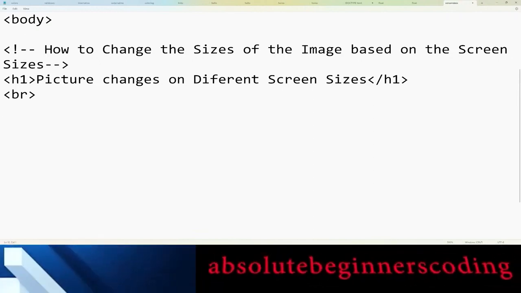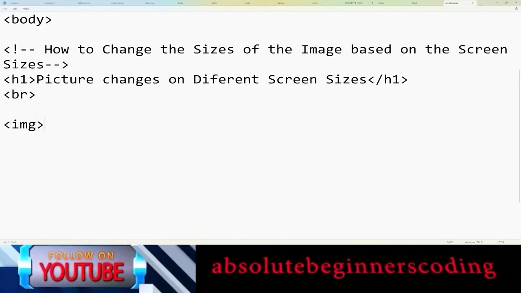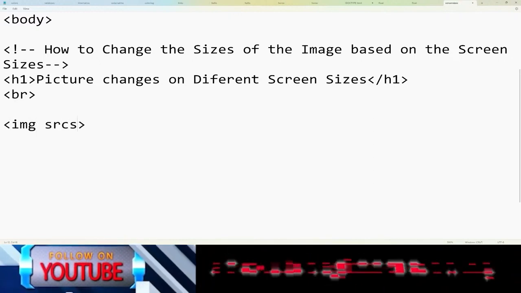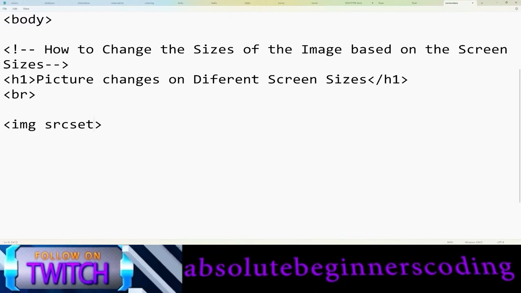What I'm going to do is I'm going to type image, and I'm going to use set source